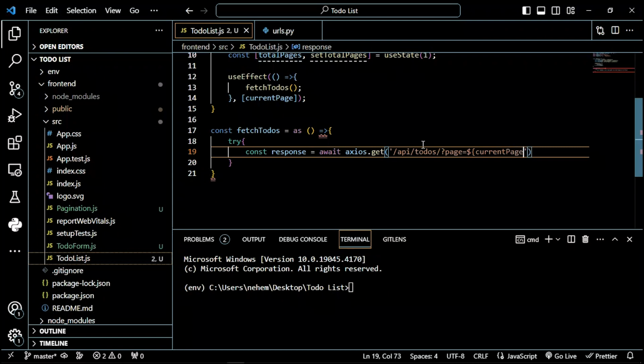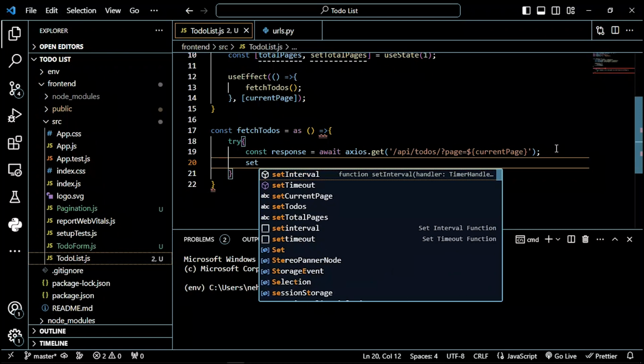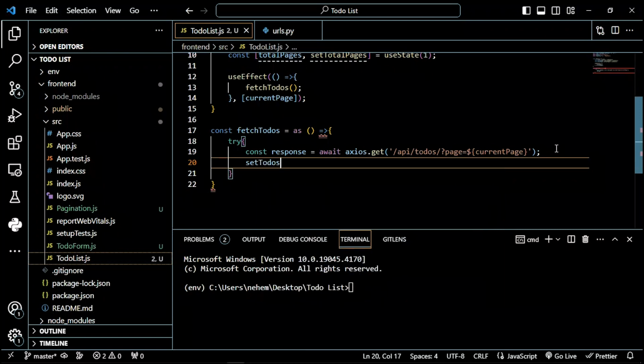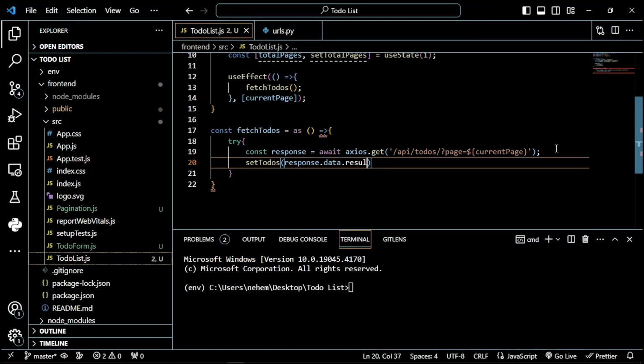Of course, I'm going to work on it in a few. So it's going to check on this stuff. In case there's an error, then it's going to throw an error. So let me say set to-dos, and then I'll pass here response.data.result. I'm going to work on the result as well. Let me say results,